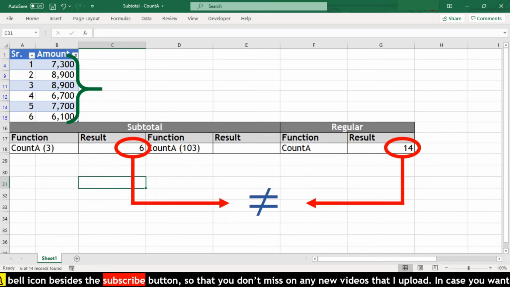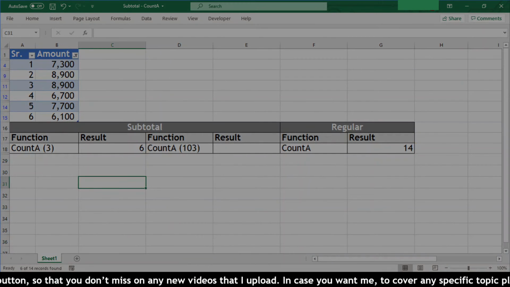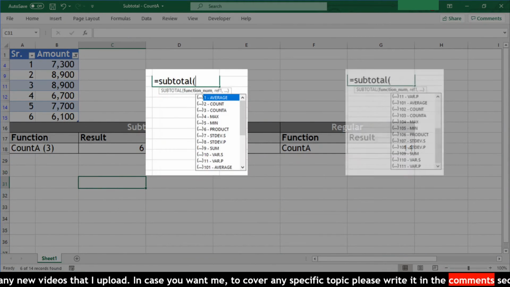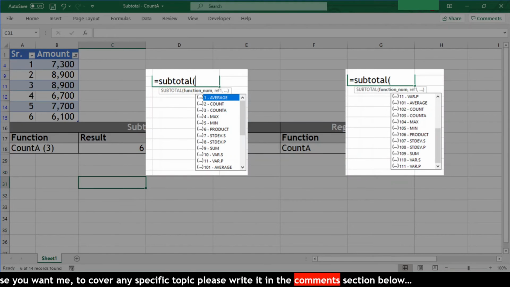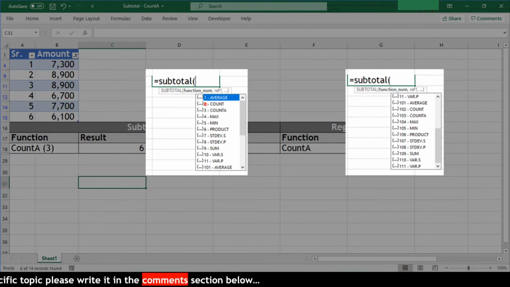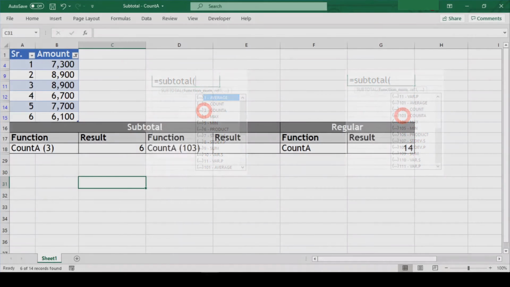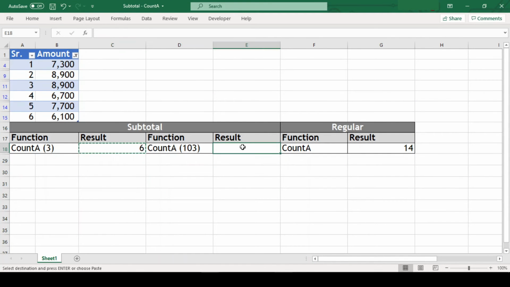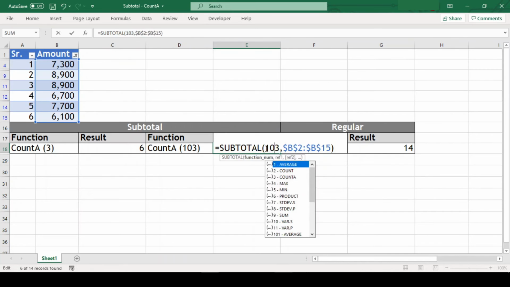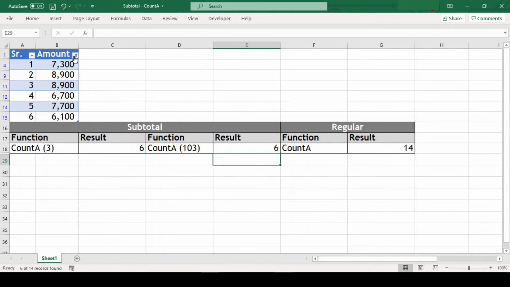In the subtotal function itself, there are two COUNTA functions, one with code 3 and another with code 103. We have already seen the COUNTA function with code 3. Now let us see how this function is different from the other. Let us first use this function on the same range. We will just copy paste our formula and change the code from 3 to 103, and our result is the same.